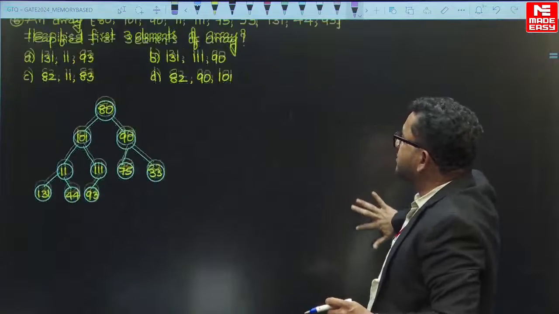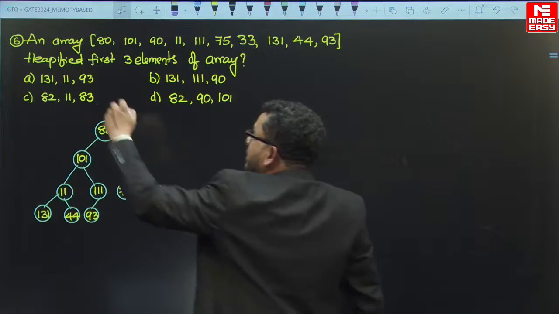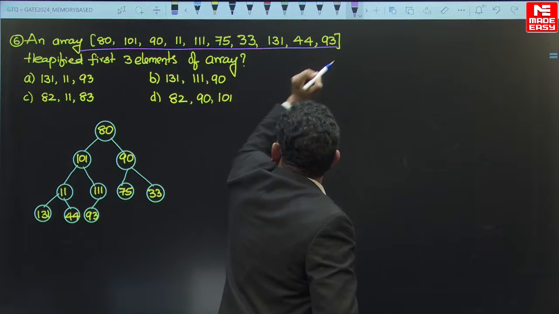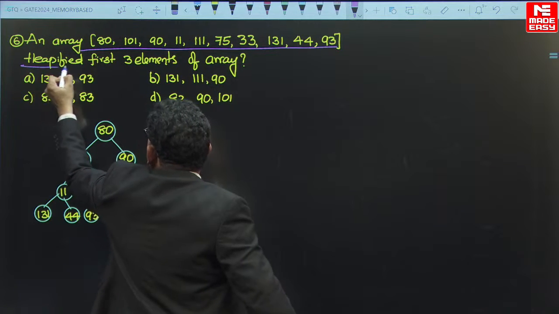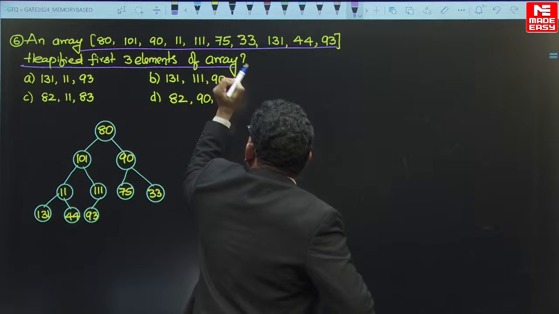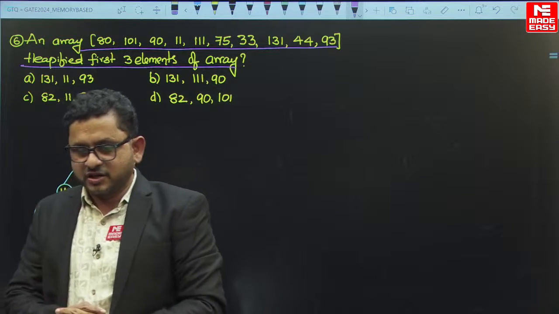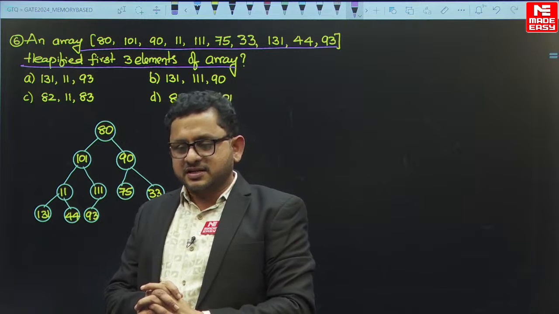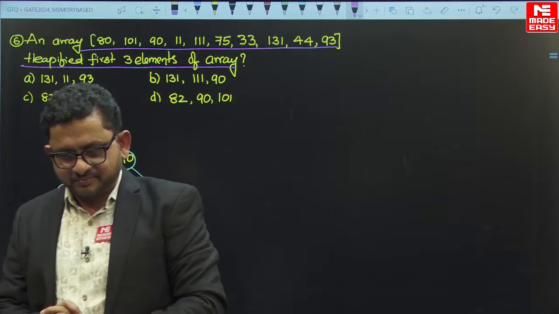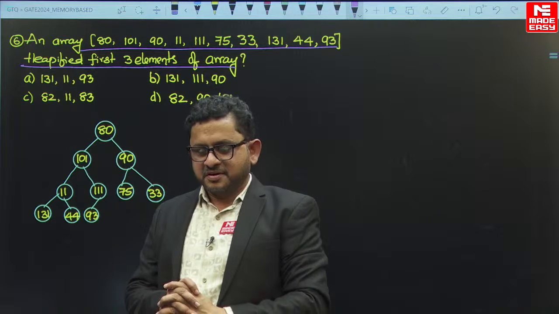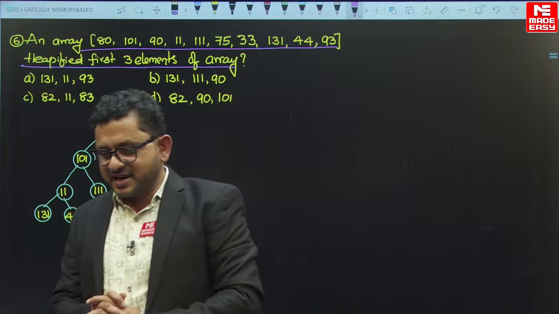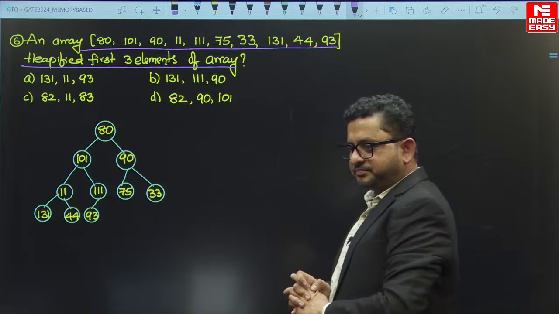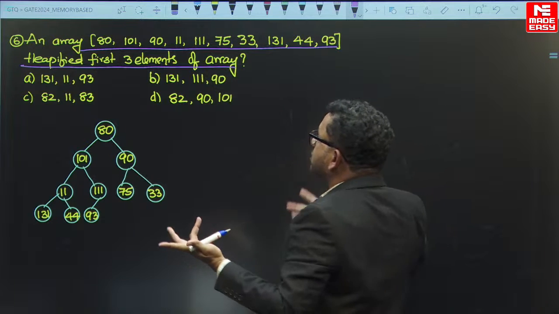So one other question from binary heaps. One array is given, if you do heapify, what are the first 3 elements of the array? Okay, so give the answers. What are the first 3 elements of the array? Give the answers, right? No need to solve this question also,